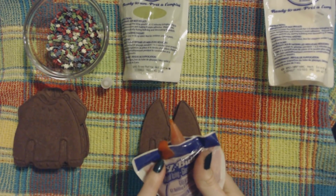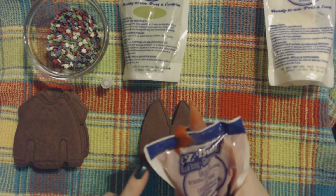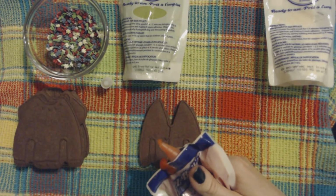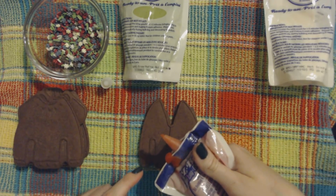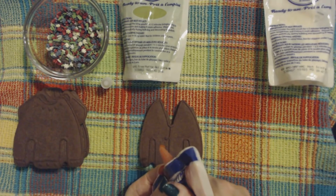Oh, see, it's bleeding out here. Look at that. Ew. It's bleeding. Okay, that's not going to work. The tape's not going to hold it. I wonder if I just...